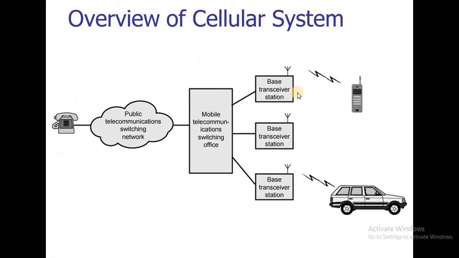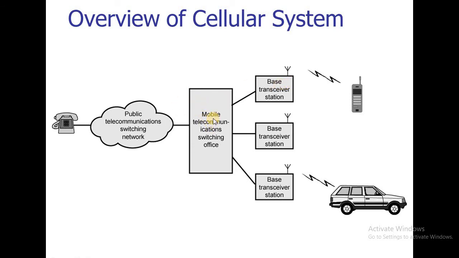Here we have an overview of the cellular system. You have a mobile station, which is nothing but your cell phone, as well as the car. These two are mobile stations. Now we want to communicate with the public network, which you have here as a landline, a fixed telephone line. From the cell phone we dial a particular number, and this is transmitted to a base station, that is an antenna. This antenna receives the signals from our cell phone, the mobile station, and forwards them to the MSC.